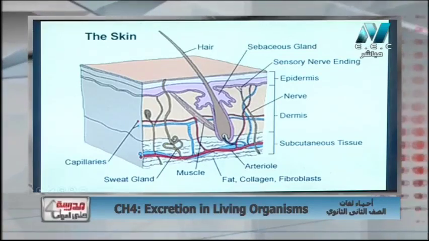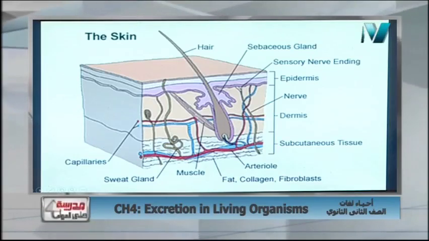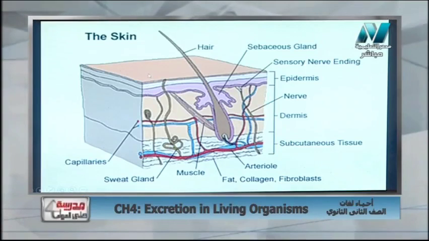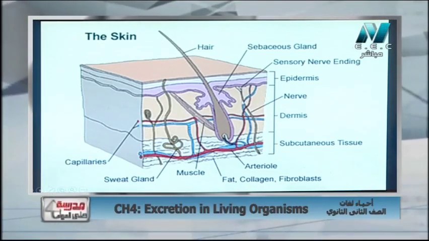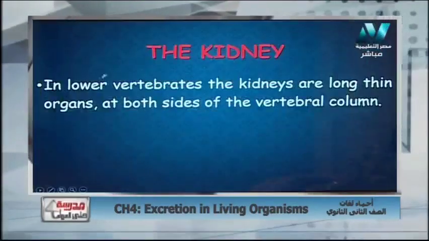Below the skin there is a fatty layer which is very important to make an isolating layer between the body and the surrounding medium, in order not to feel very hot or very cold and to be protected from changes of temperature. Okay, so these are the parts of our skin.